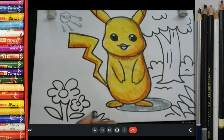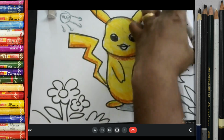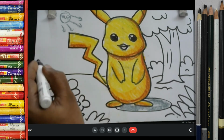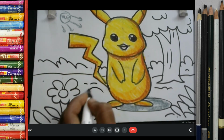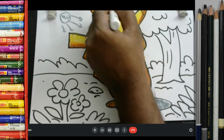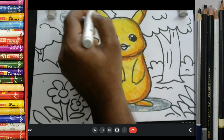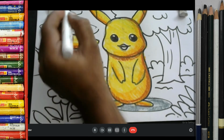Okay, the grasses in the foreground. This is called a foreground, this is a midground, and this is a background. For the foreground, I am using some leaves and flowers. And for the midground, I just make a small tree and the land, some small stones like that. And a tree also, a small tree like this. And the background, we can make the clouds, like cloud, sun, because sunlight is